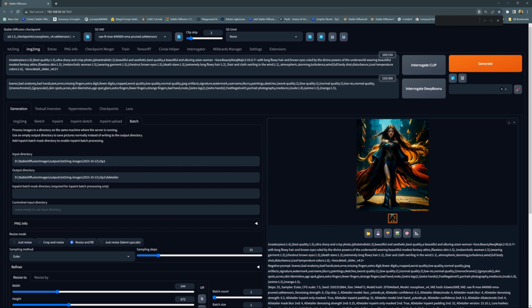Then I'm describing her with long flowy hair and brown eyes, ruled by the divine powers of the underworld, wearing beautiful modest fantasy attire. Then flawless skin, melancholic woman wearing garment, eye color, death stare, extremely long flowy hair, cloth swirling in the wind, atmospheric storming turbulence wind, full body shot, disturbance, cool temperature colors